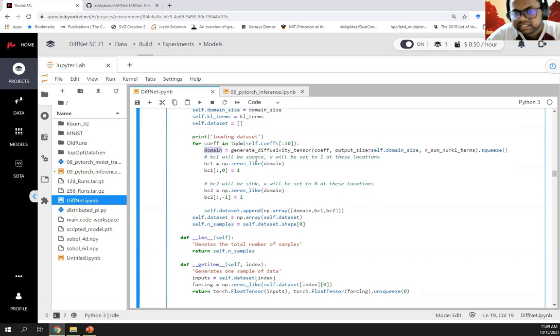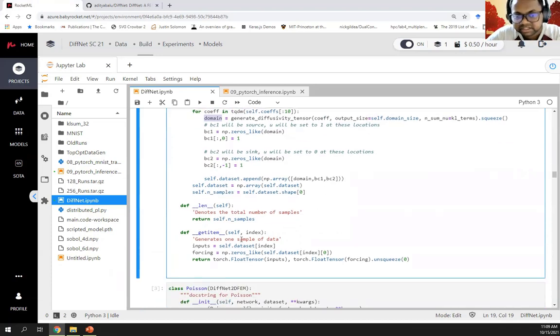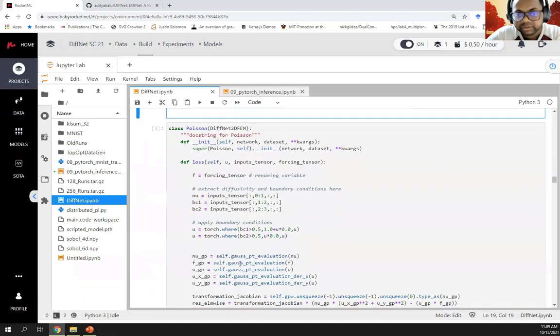We initialize everything to be zeros, and exactly on the locations where the source has to be 1, the sink has to be made, the U value at the sink has to be made 0. Those locations we put to be 1.